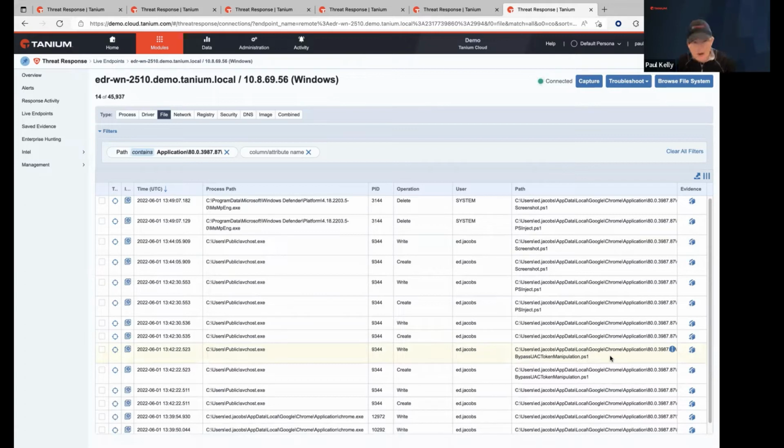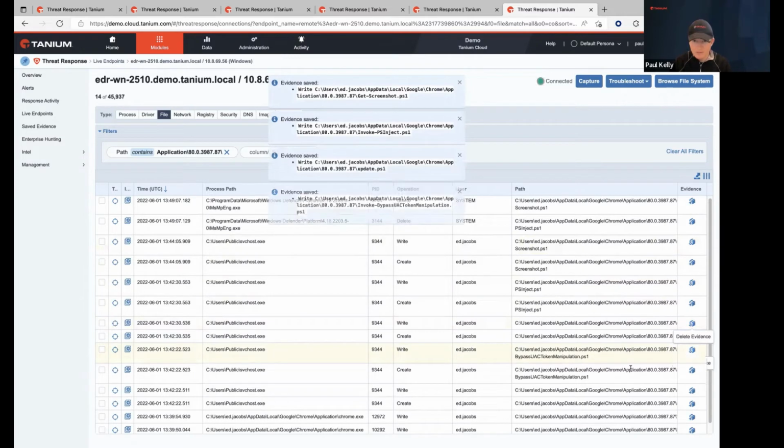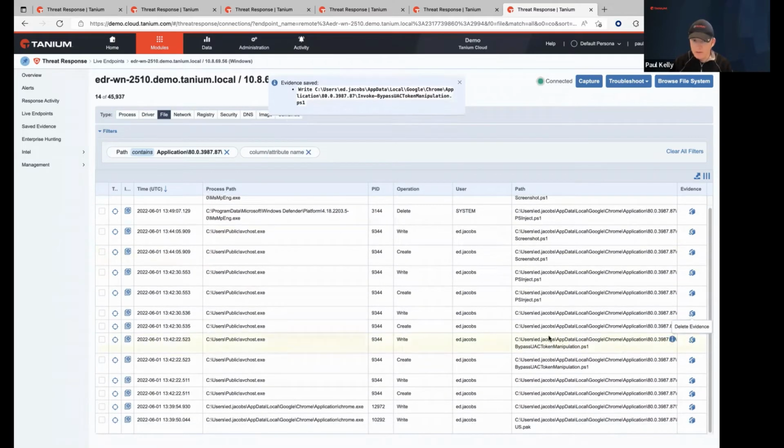So this is a point where I would probably pivot and I would go and check, see if there's additional alerts. But man, I gotta tell you, all these things that were just created, I wanna save these in evidence because I'm gonna have to look at these later. So I wanna actually go ahead and save each and every single one of these. And some of these might actually even be a little bit redundant here because you have taken into consideration the date timestamp of when things were created here.